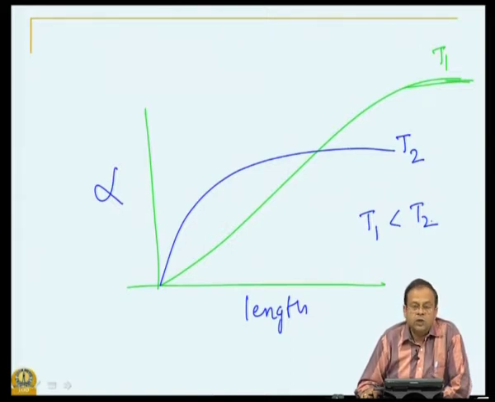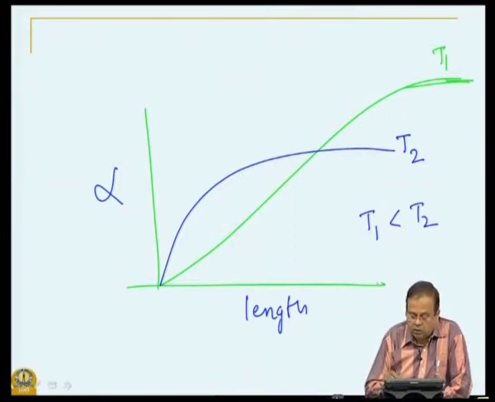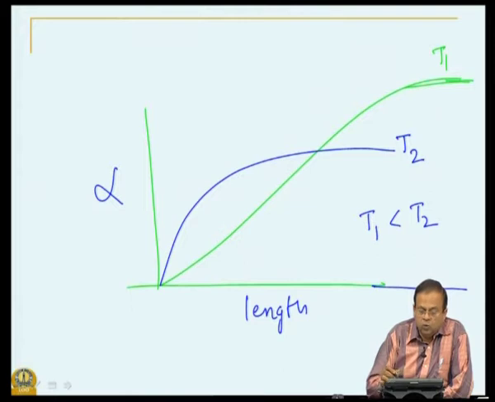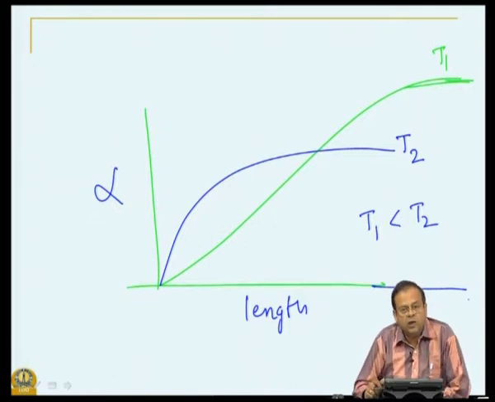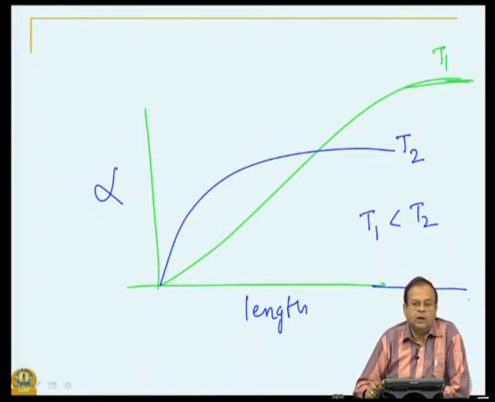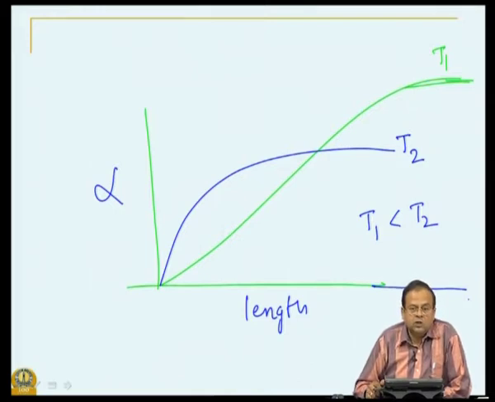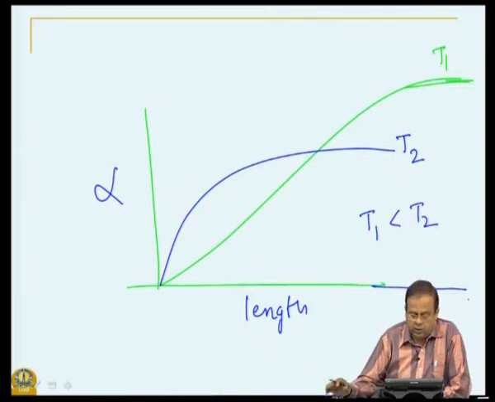So, the point is, if you carry out this reaction in an isothermal reactor, you will reach saturation, and no matter what you do with your reactor, if you increase the length of the reactor, you will not get higher and higher conversion. So, that is how we have determined our isothermal reactor behavior.